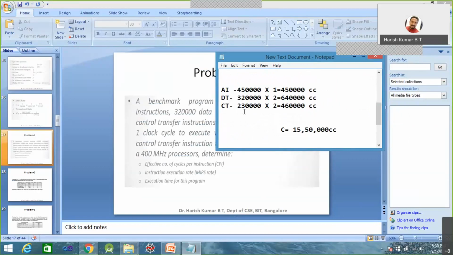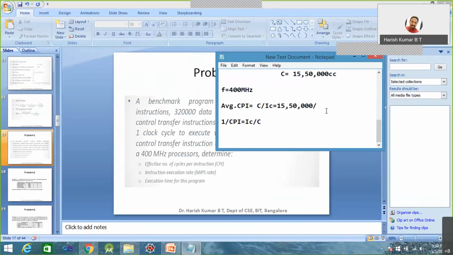All these things you have to sum again. IC is equal to this one. Let me write 4 zeros, 1, 2, 3, 4, and this is 7 plus 3, 10, 0, 1 carry, 5, 8, 10. Now we have 10 lakh instructions. Now total 10 lakh instructions are there, and to execute these 10 lakh instructions, you require 15 lakh 50,000 clock